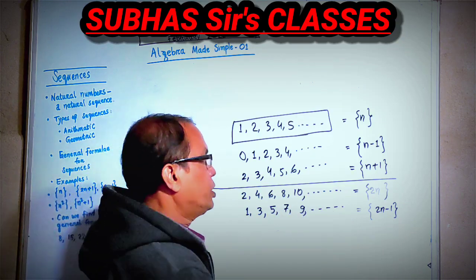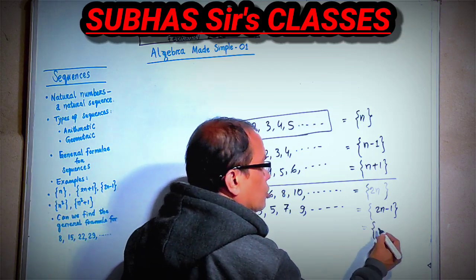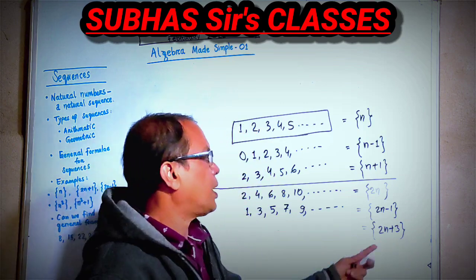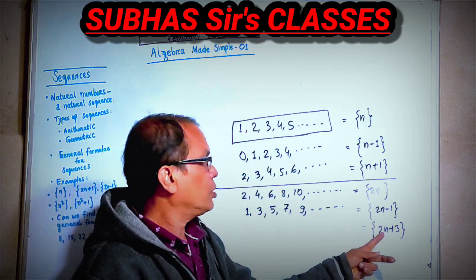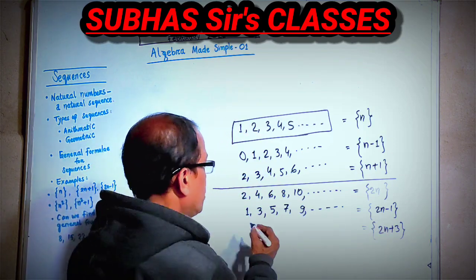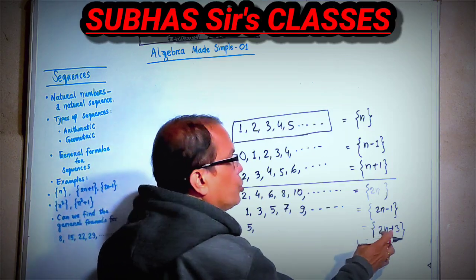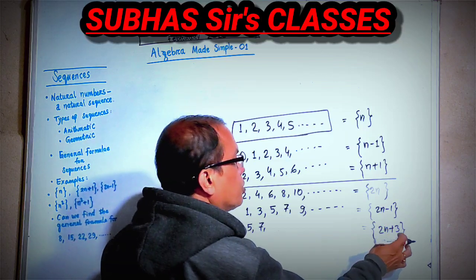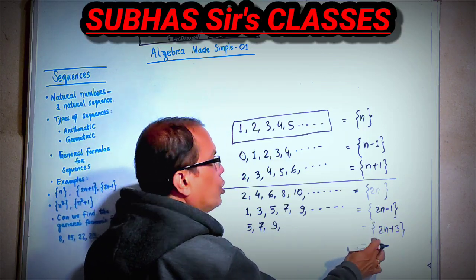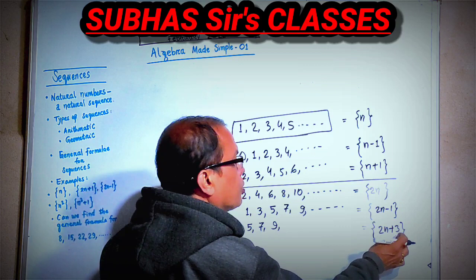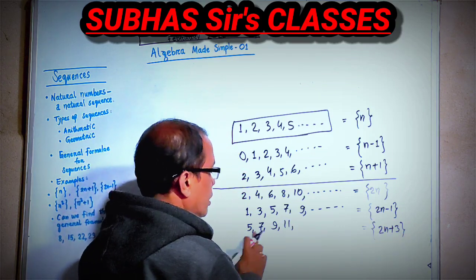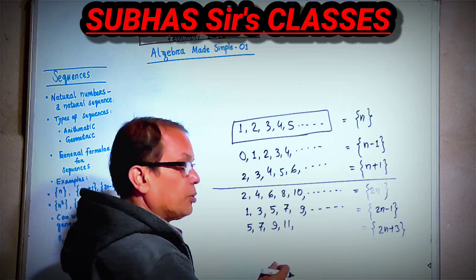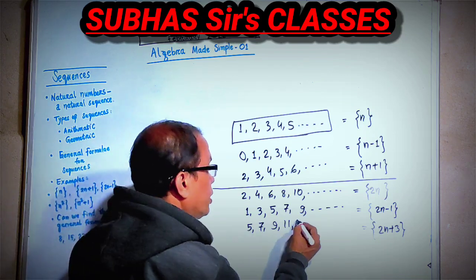What if we proceed towards something like 2n plus 3? Take the first number, n is equal to 1. So you get 2 into 1 plus 3, so 5. 2 into 2 plus 3, 7. 2 into 3 plus 3, 6 plus 3, 9. 2 into 4 plus 3, 8 plus 3, 11. And now you can see each number is 2 ahead, increasing by 2. So you can also predict now directly.